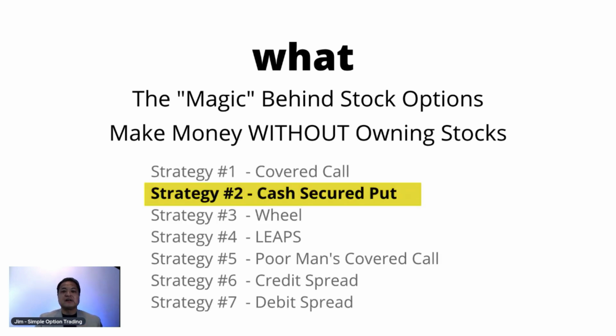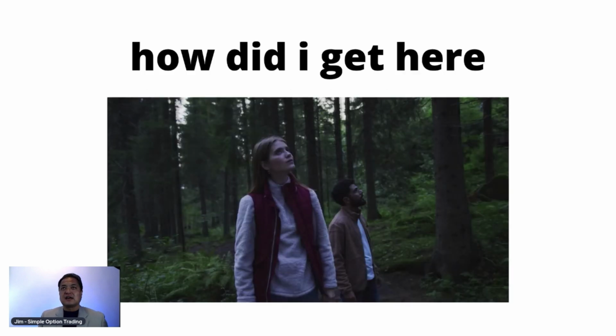So in this particular video, I'm going to be talking about cash secured puts. It's one of the 7 main options trading strategies that I use to generate an income. Now, I've got a list here. You can see the primary strategies that I use for options trading, but I really only want to focus on this one. It's strategy number 2. It's called the cash secured put option. And as we get more into it, I'm going to explain what it is and how they work.